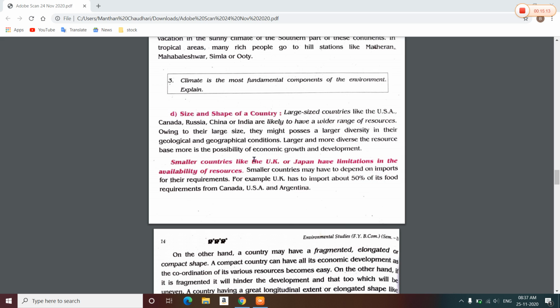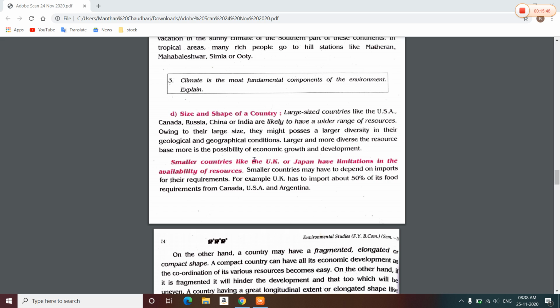You know, there are large sized countries like USA, Canada, Russia, India, etc. If such a country has proper skill to utilize its natural resources, then such countries would become developed nations. On the other hand, there are